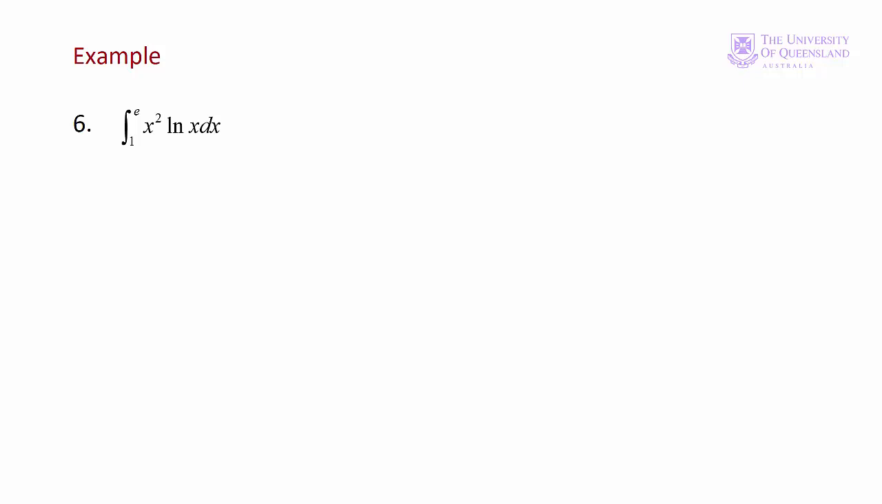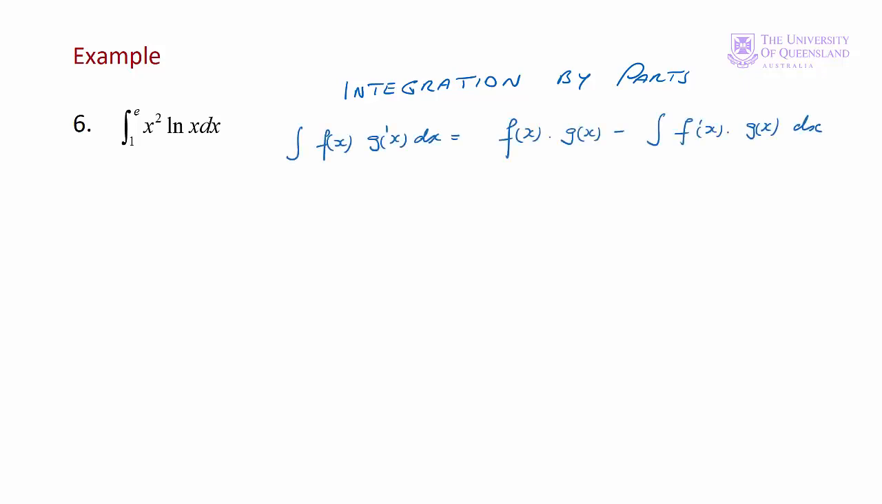In example 6, we'll use integration by parts using this formula. We have a definite integral, so we're evaluating the integral from 1 to e. We'll do it in two stages. First, we'll find the indefinite integral. Remember that the purpose of using integration by parts is to end up with a simpler integrand here than we